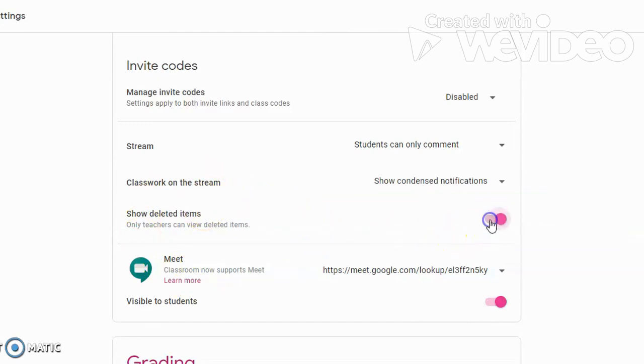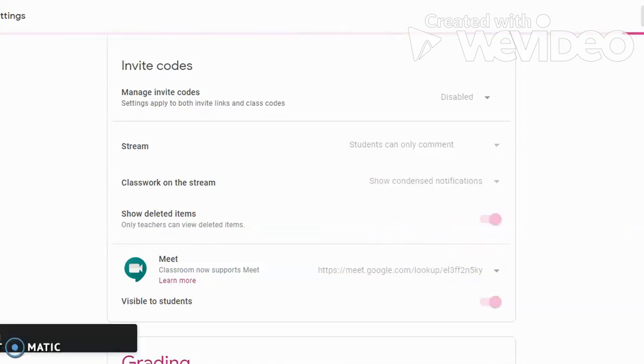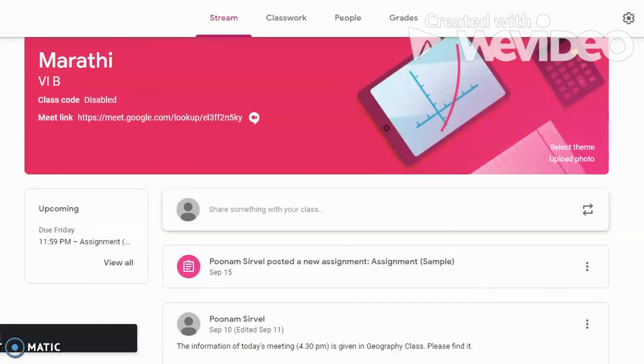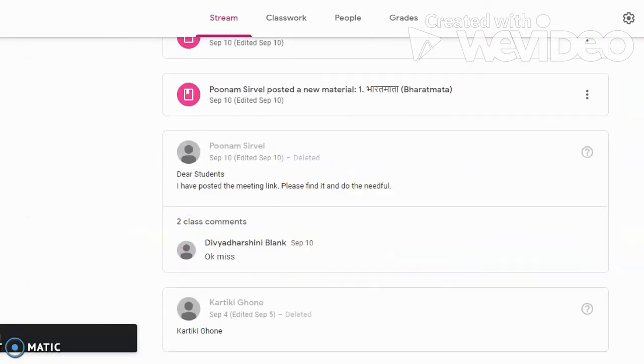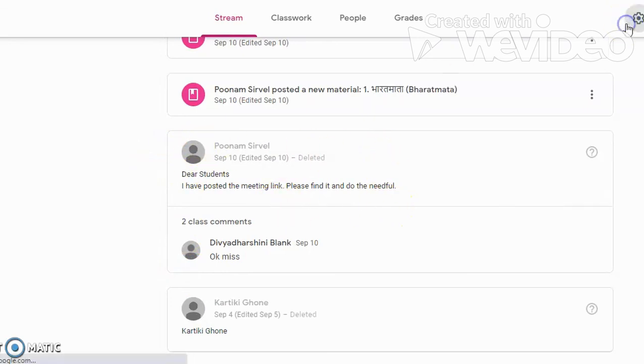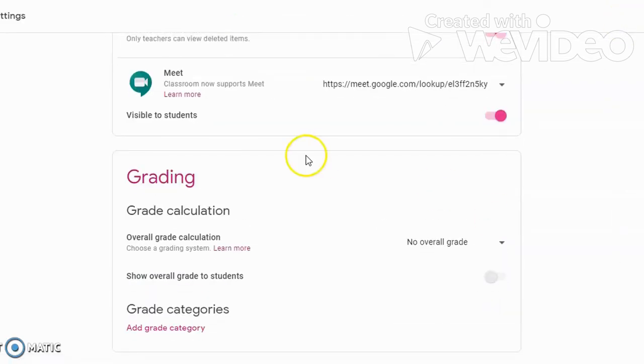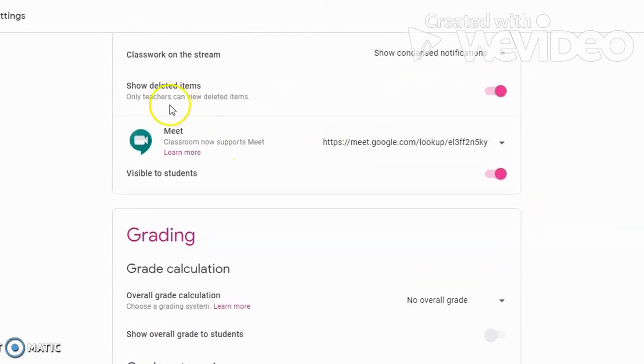So if I enable it and save, I will be able to view the deleted items as well. If you can see here, I had posted this message and also deleted it. So if in case that you want to view the deleted items, then you need to enable the option as show deleted items.